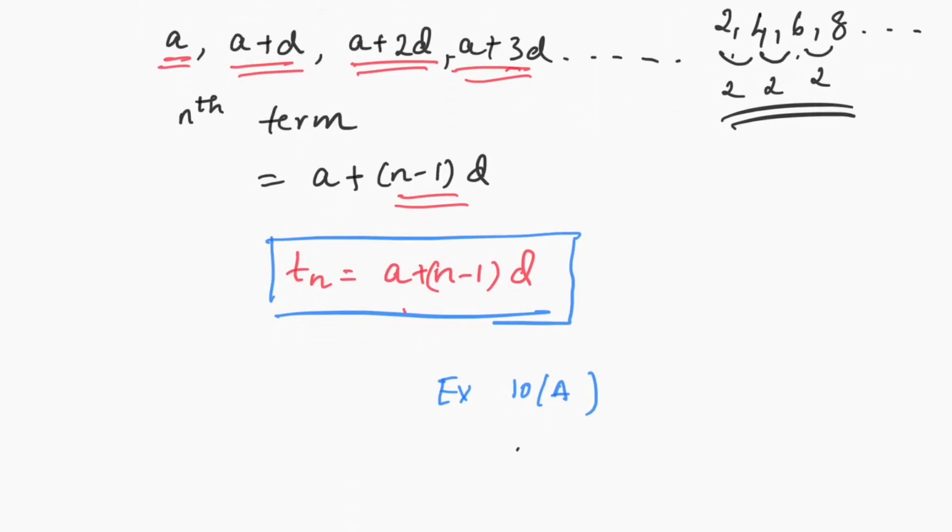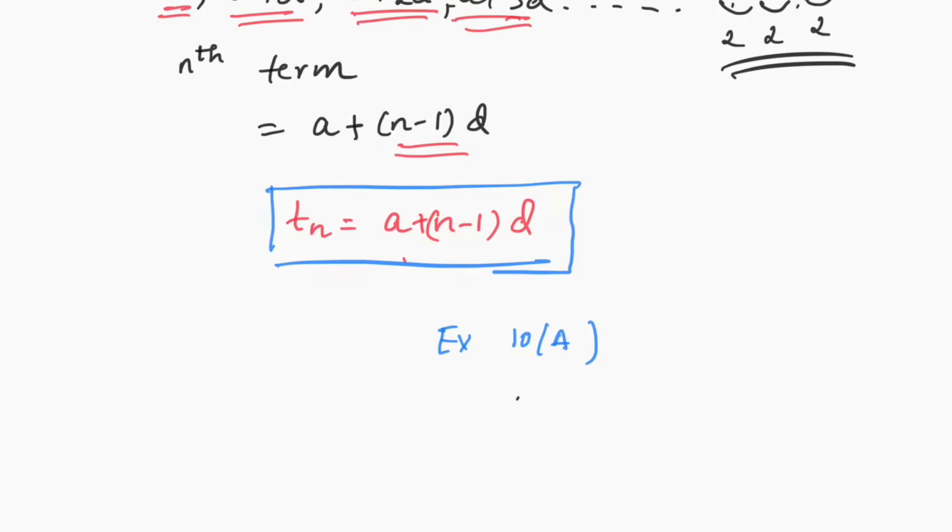Okay. In exercise 10a, let us start with the second question. The first question is to find out which of the following sequences are in arithmetic progression. Since you all have the textbook, you can refer to that and try doing it yourself. You just have to go through the questions and find out which are the sequences in AP. Now let us do the second question.